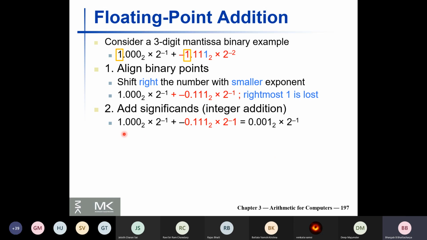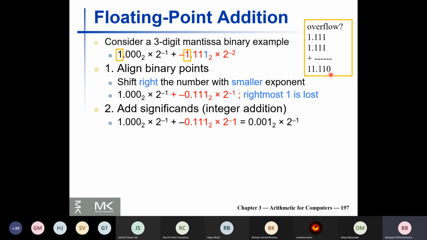See, you have 1 point something here. The bigger one is 1 point something, right? And the smaller one, after shifting, should be 0 point something, right? Anyway, what could be the maximum value of these two numbers? This is 1.11 something, and this is 1.11 something. So if I add this, integer addition, in the worst case you can have this kind of thing, right? So you will have 2 more digits here, on the left of this one.